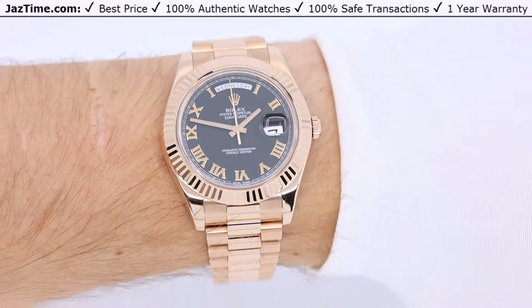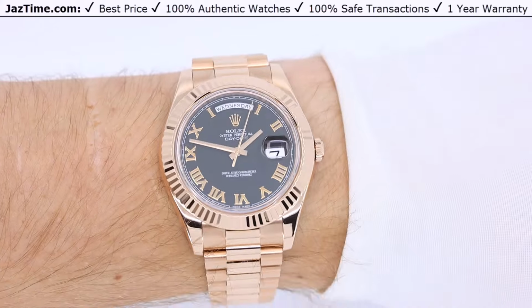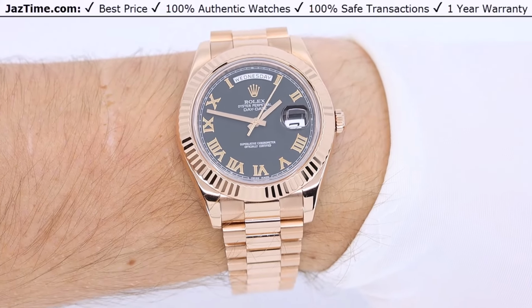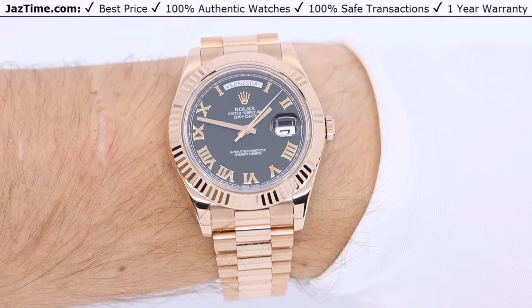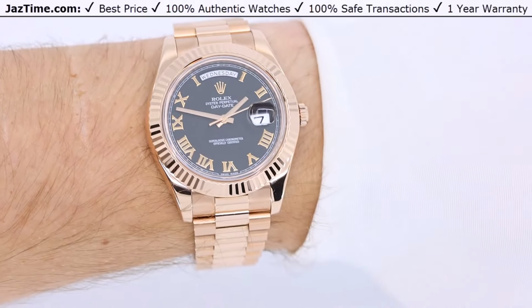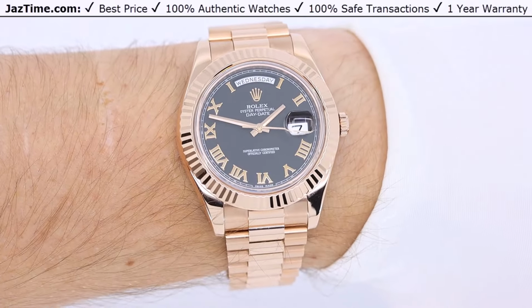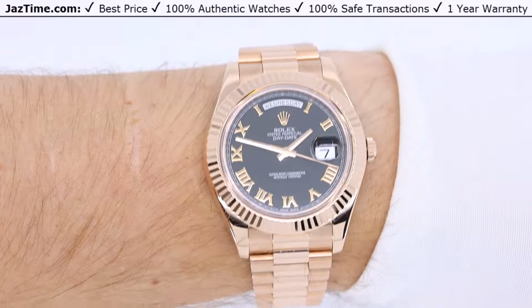I like 40, but if you're a larger guy, let's say you have a wrist size of 7.5 inches or larger, you might not want a sleeker watch. You might want a heavier, bulkier, thicker watch, and the only option to get that in is the Day 2, which is what you see here. So for that reason, I'm going to give it 2 thumbs up,